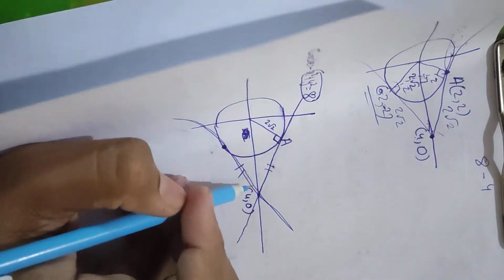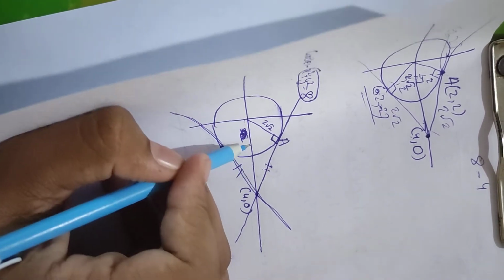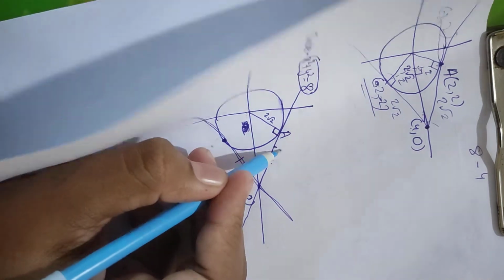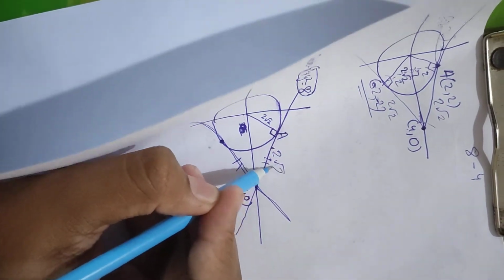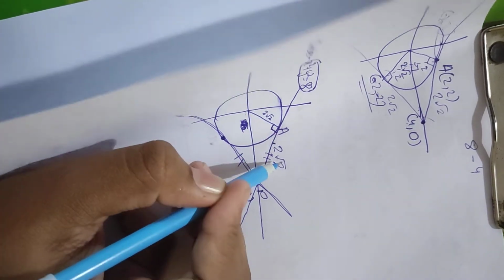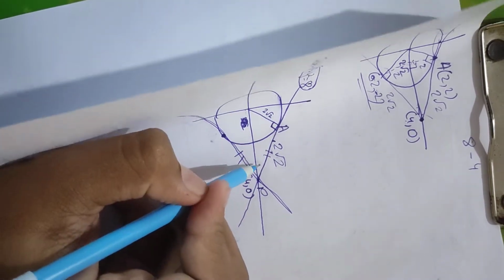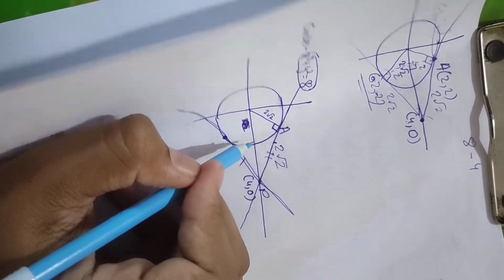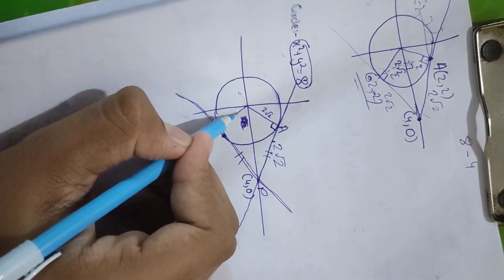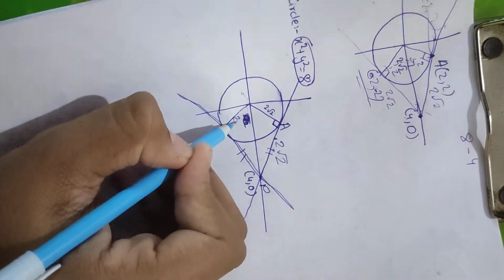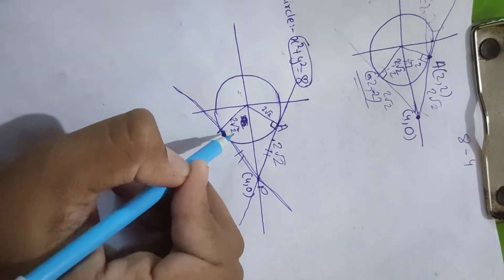So 2 root 2, this whole is 4, so 16 minus 8, that is 8, and its root would also be 2 root 2. Suppose this is P, so AP is also 2 root 2. Here we can see that it is an isosceles right angle triangle. Also just join this, adjust it, 2 root 2, here we can see.